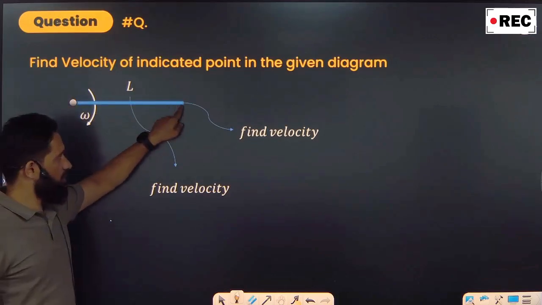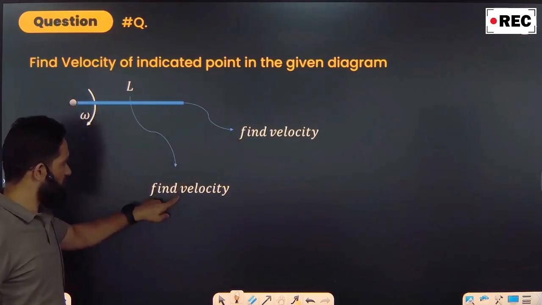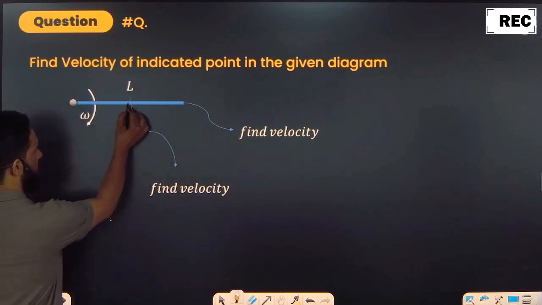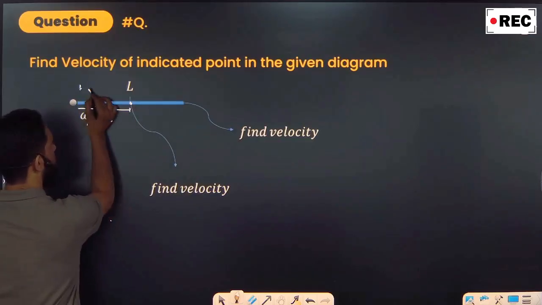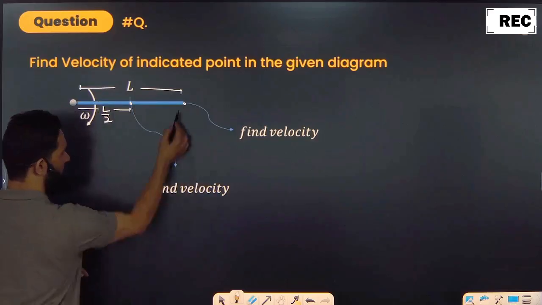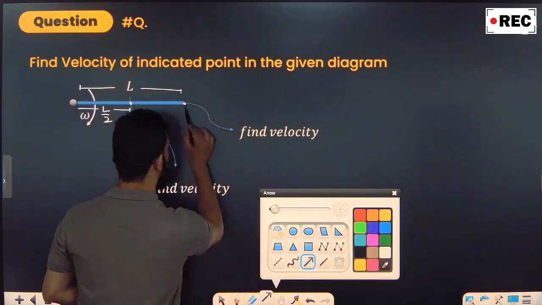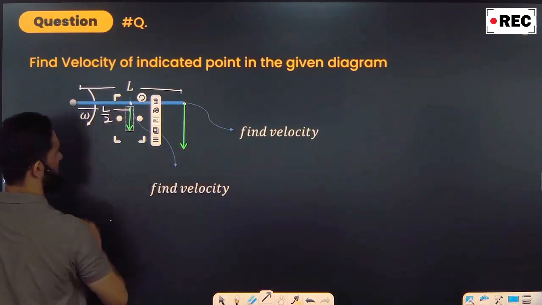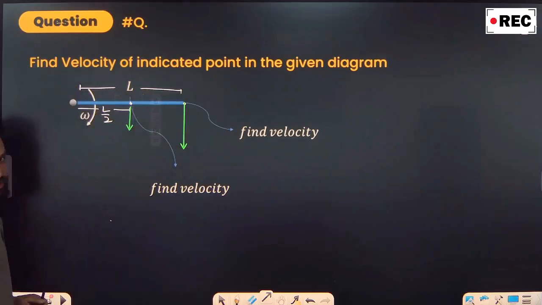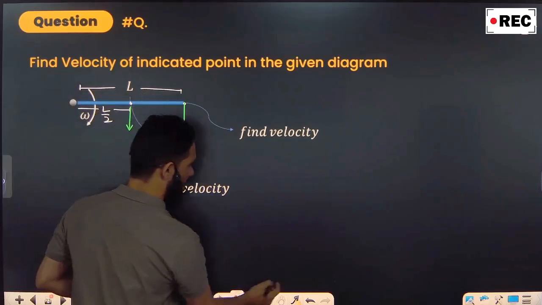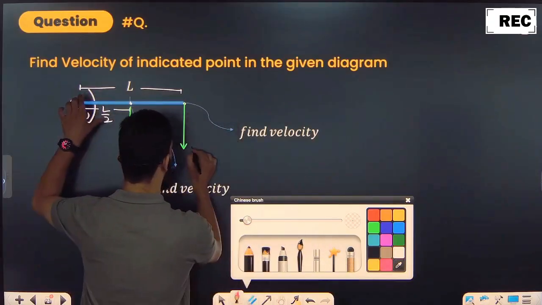L is the length of the rod. What is the velocity of this point and what is the velocity of the midpoint? This is the midpoint, L by 2 पे. This is the end point, L पे. बताओ L point इधर पे what is the velocity and इधर पे what is the velocity? So sir, when it is like omega is this, ये point नीचे आना चाहेगा, ये point नीचे आना चाहेगा. These are the velocities. So at the end point, V is equal to omega into L.